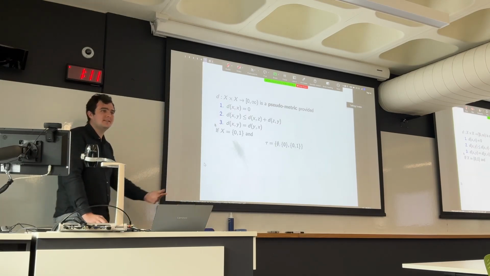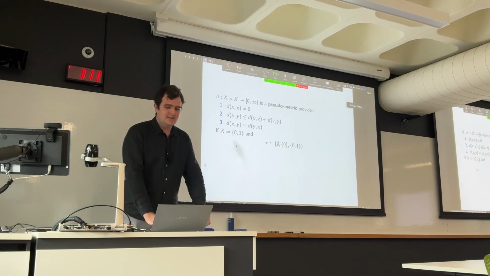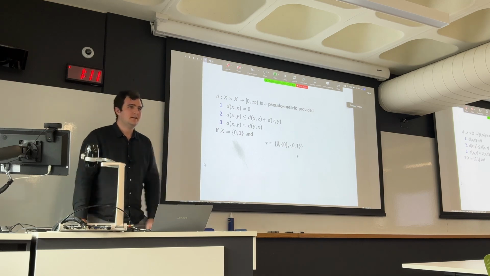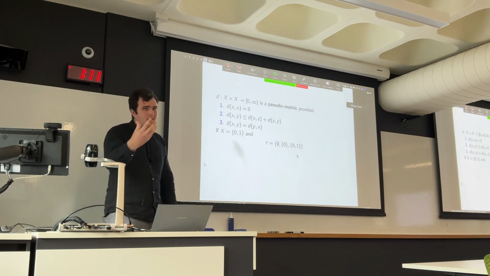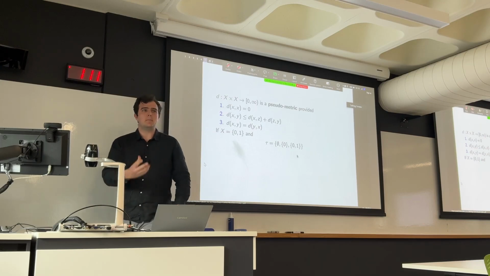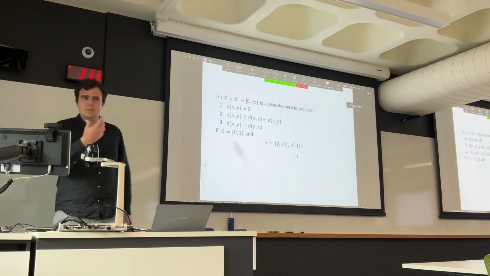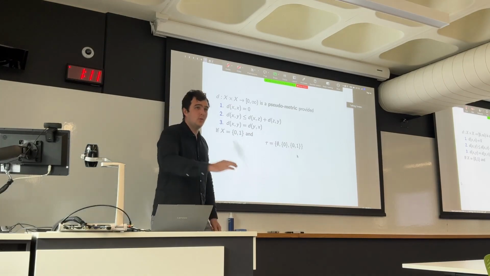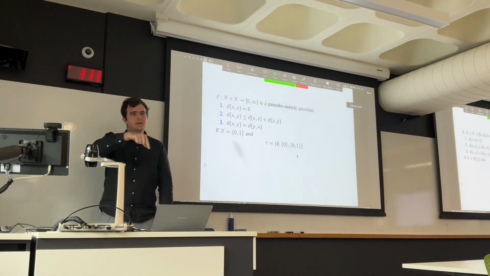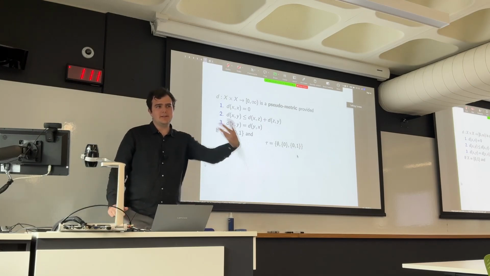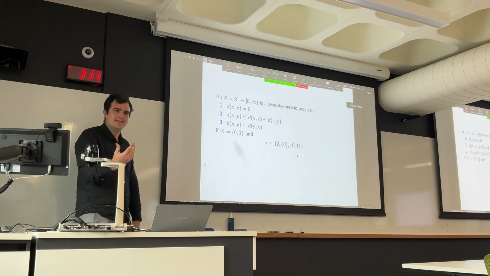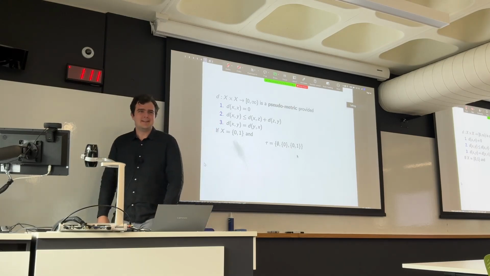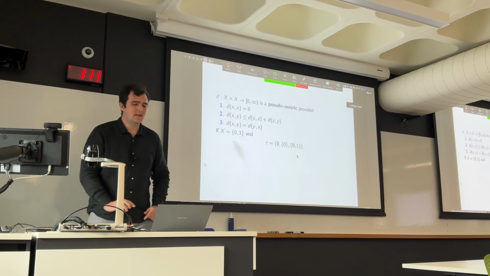You have the Sierpinski space, where the open sets are the empty set, the set containing 0, and then your entire space. So what you have here is that every neighborhood of 1 is also a neighborhood of 0. But there is a neighborhood of 0 that is not a neighborhood of 1, which is really weird. So you have weird properties like every sequence which converges to 1 also converges to 0. But then you can have a sequence which converges to 0 but doesn't converge to 1. The example, right, just take the constant sequence equal to 0. So you have this weird lack of symmetry in your space.